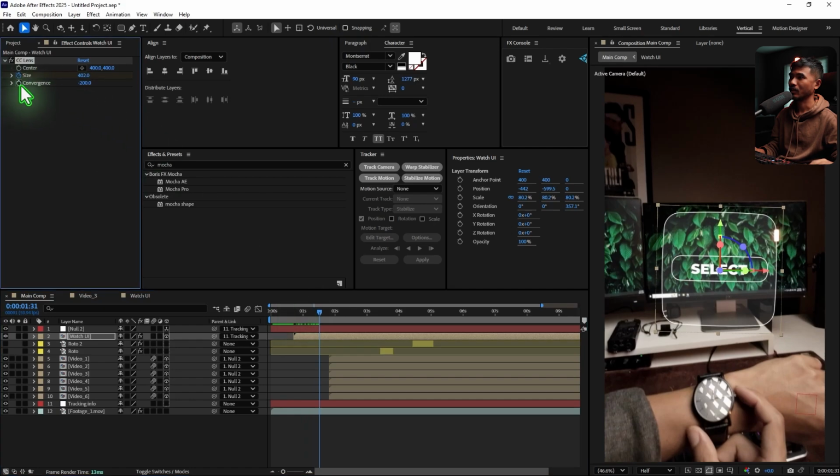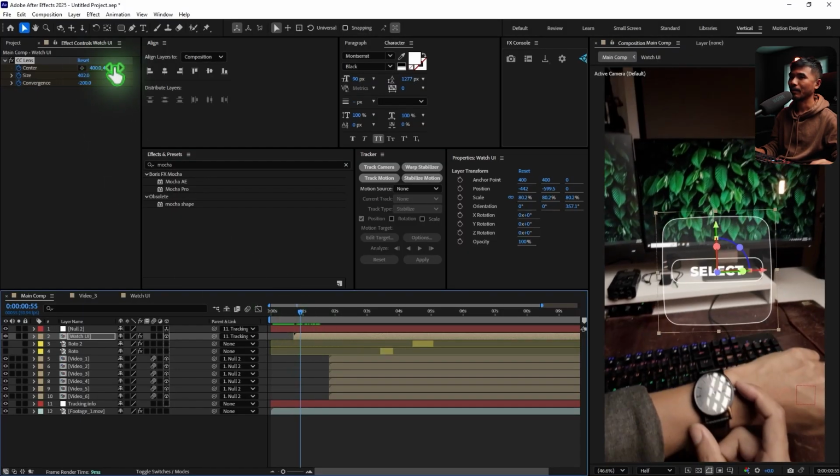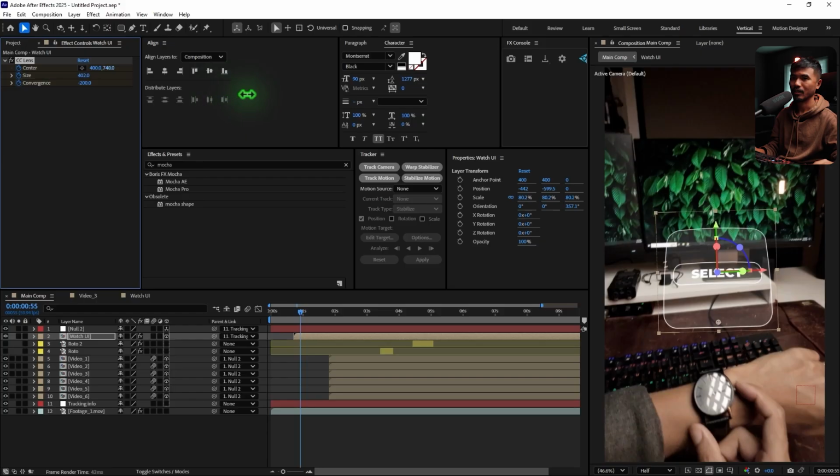Set a keyframe for the size, convergence, and center, and I'm gonna go back somewhere here, and maybe I'm gonna move the center down, and I'm gonna scale it down